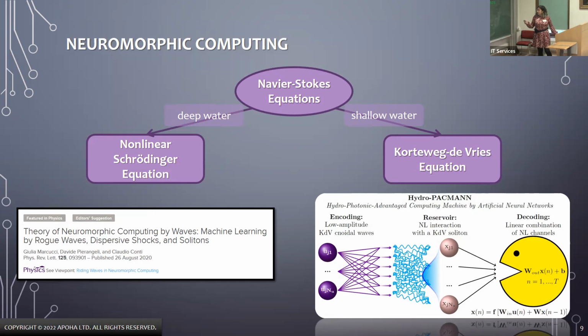Instead, this system is a system that we are developing in Apoha, this scientific startup based in London, in which we want to show that using propagation of waves in shallow water, we can actually achieve the realization of a neuromorphic computer. And the name is super fancy. It's a name that puts together the best of the two words that I love in physics,